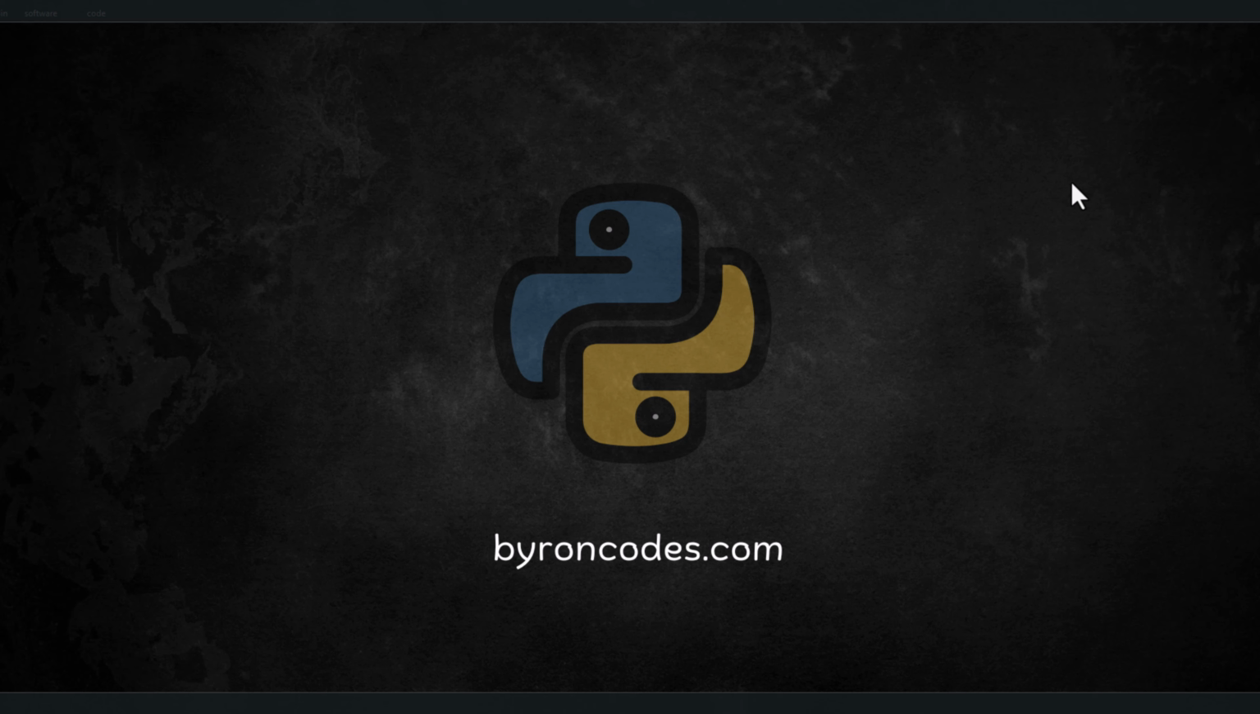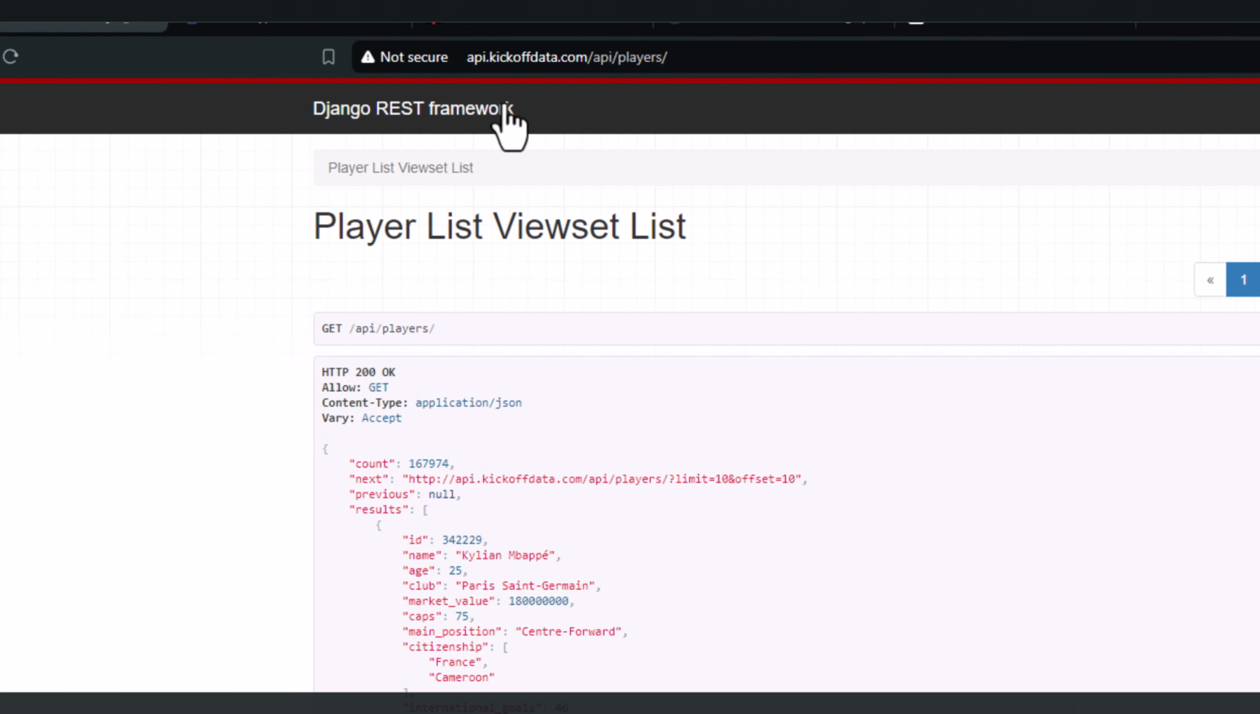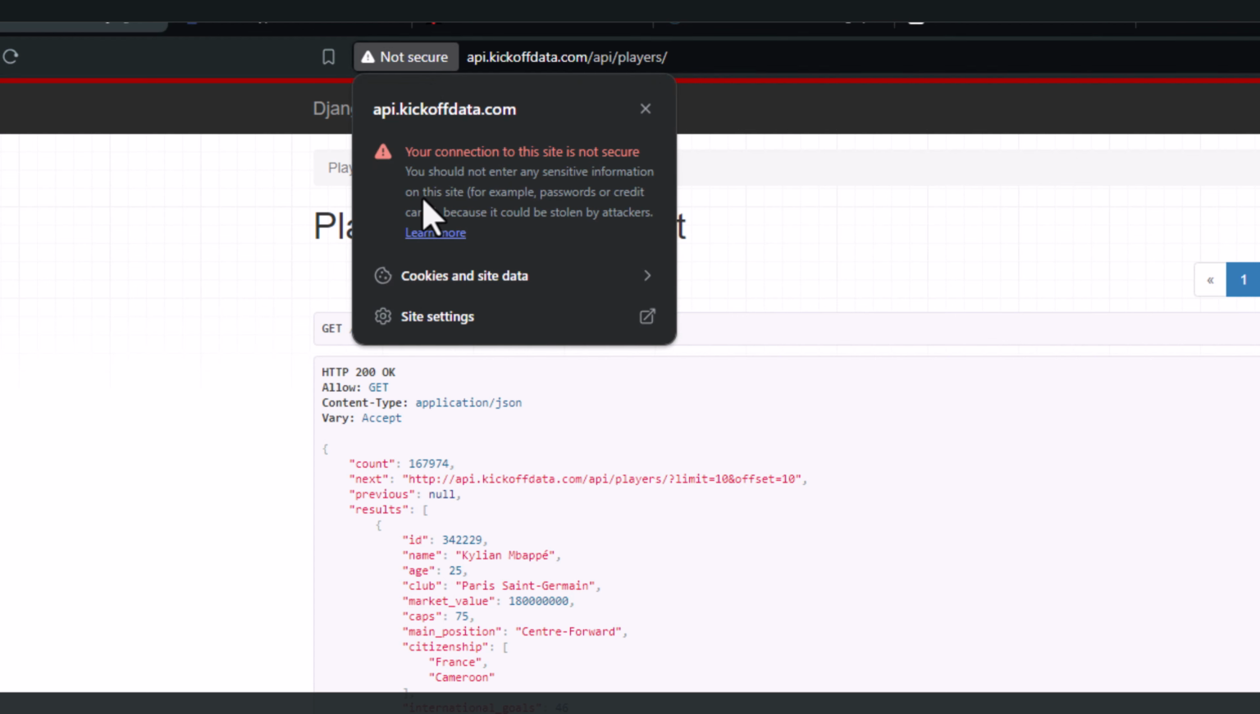Hello everyone. In the previous tutorial, we added a custom domain name to our deployed website that is built using the Django REST Framework. In this tutorial, we are going to learn how to secure it using HTTPS. My custom domain is kickoffdata.com, and you'll notice that we get this error,